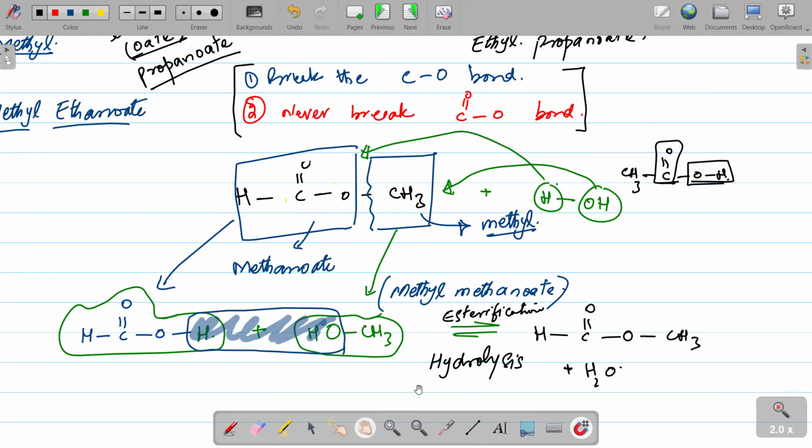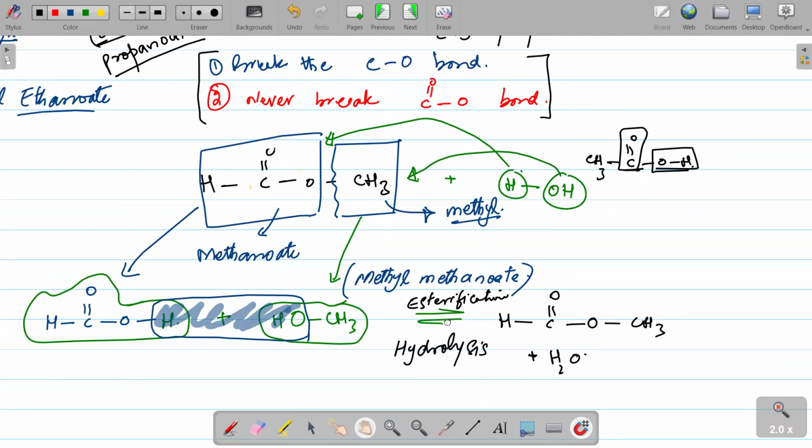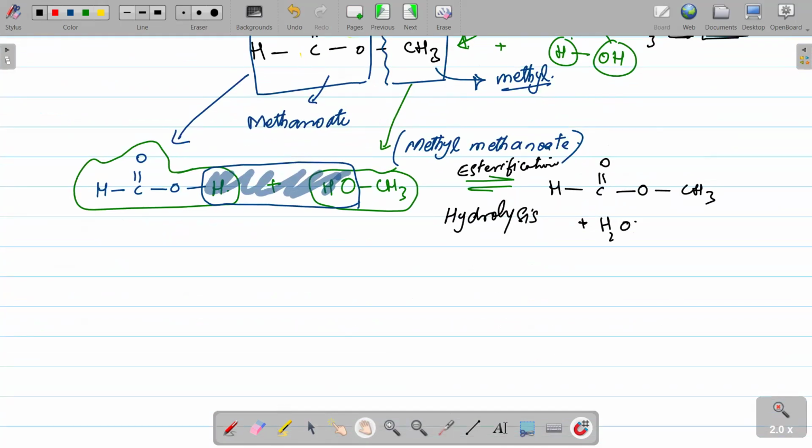And the conditions now, as I said, for this reaction, that is taking place in the presence of an acid catalyst, right? Acid is used in this reaction as a catalyst. So let's try one more example and let's try to make the ester formula. If I have